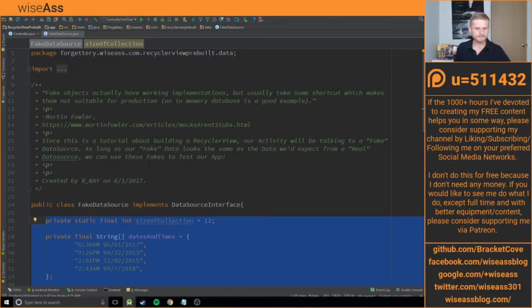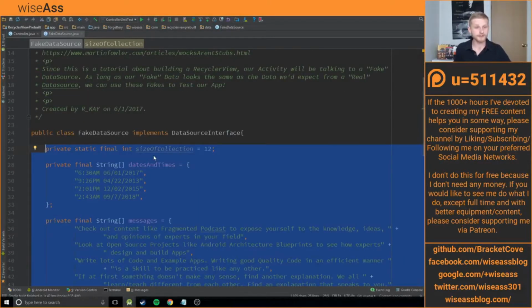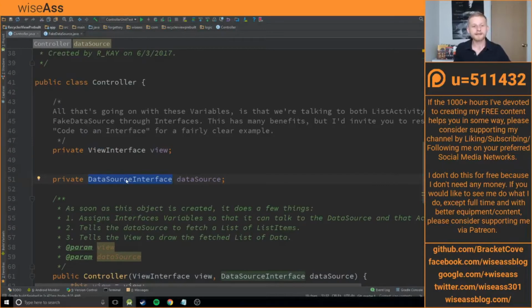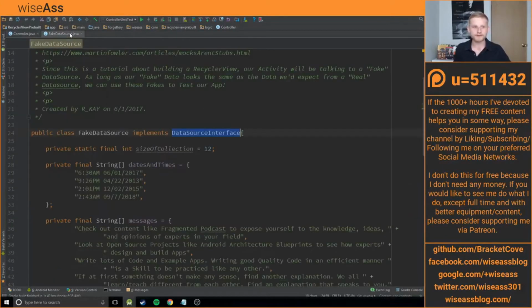I want you to notice very specifically that this fake data source implements the data source interface. It implements the thing that this controller talks to, but the controller doesn't know that this is a fake data source. Why is that important? With the facade pattern, which is this thing, or sometimes I've seen it called the repository pattern,